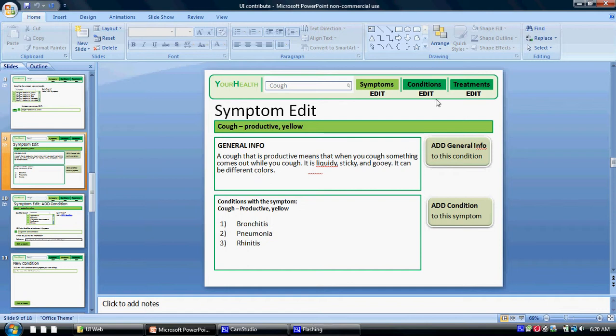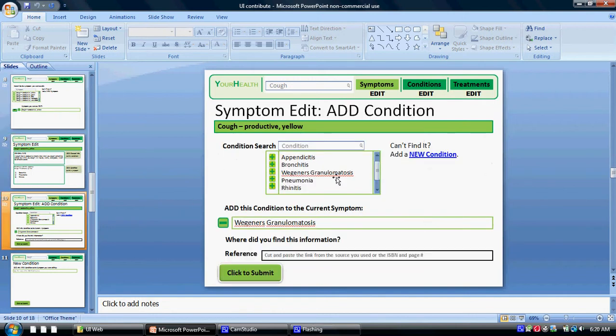be able to look up symptom info and be able to see this. But in the edit section, then they would see this with these added buttons over here, so they could add general info or add a condition to that symptom, depending on which one they clicked. Then it would go here, and then it would tell them what they're doing. They're symptom editing, adding a condition. This is the symptom they're working with,